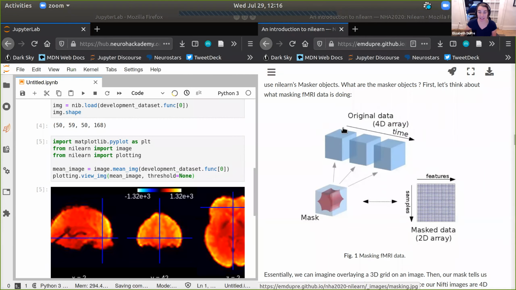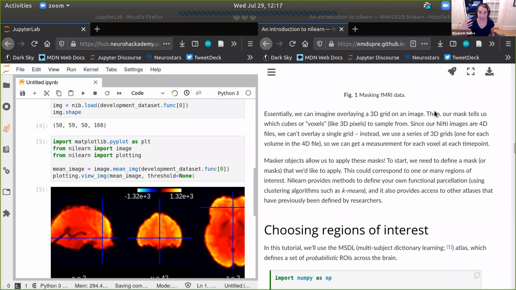So the mask is telling us which cubes or voxels we'd really like to sample from, and by providing this mask to a 4D image, we'd like it to be smart and actually apply it over each of the 3D frames, right? So masker objects are designed to allow us to do exactly this.